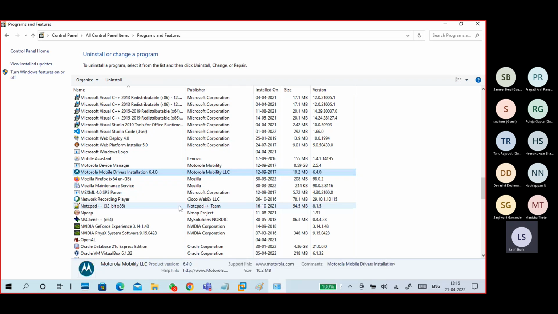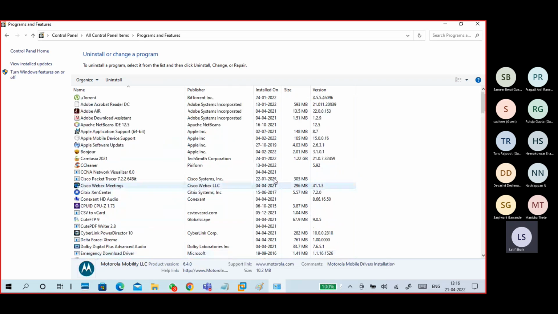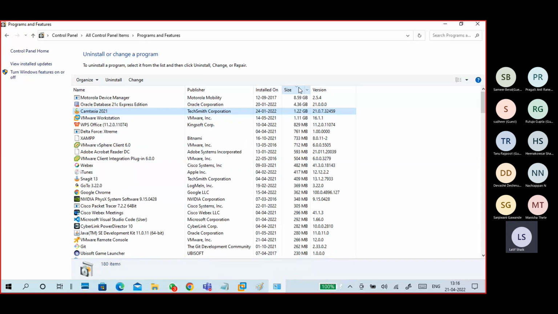Certain applications will take more space. For example, you can see it takes 1.22 GB more disk space. So this is my Oracle 12C. I don't require it, but it is consuming 4.36 GB.